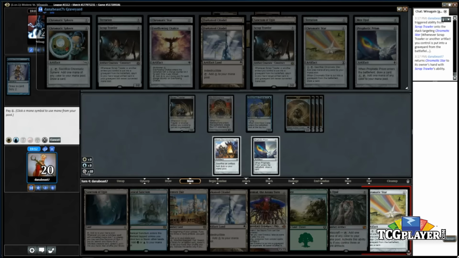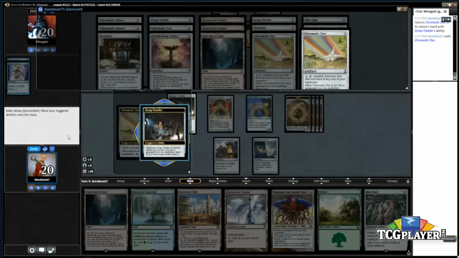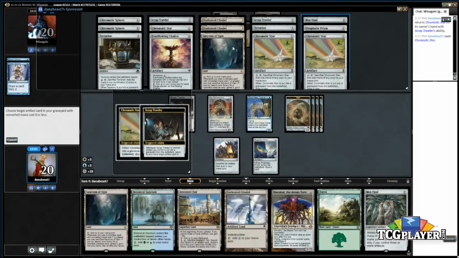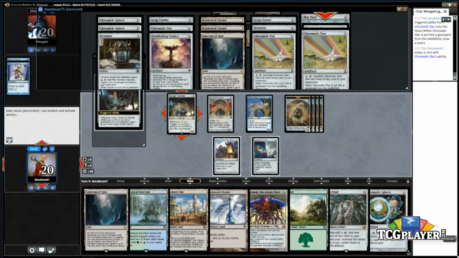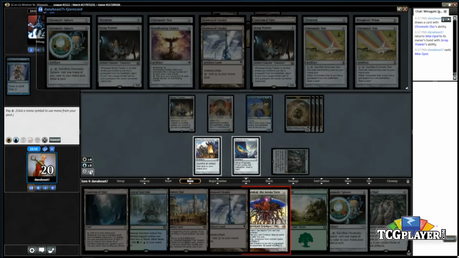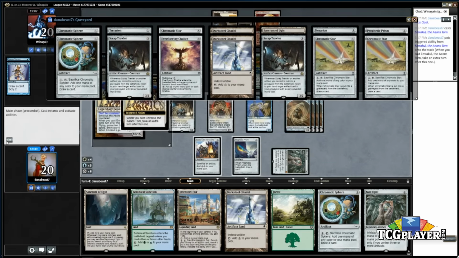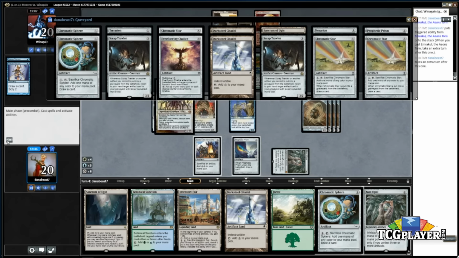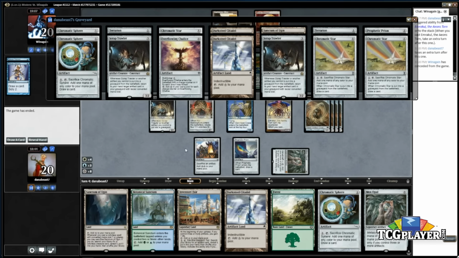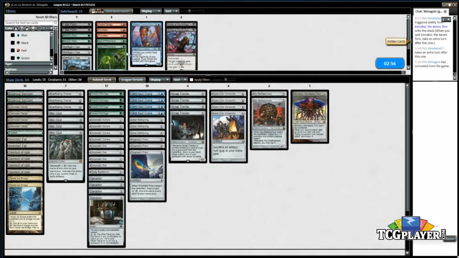Surprised I haven't drawn another thing yet. Another Scrap Trawler. I guess 2 of them are in the graveyard already. I guess we'll see if this resolves first. I'm assuming it's all going to resolve. He has blockers. Like, he could be left with 1 Primeval Titan and then maybe somehow win, which is what I'm worried about. But I guess he just scoops to that. Didn't really need to be worried, but...